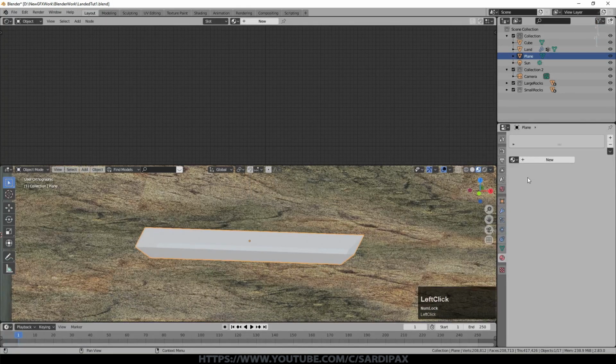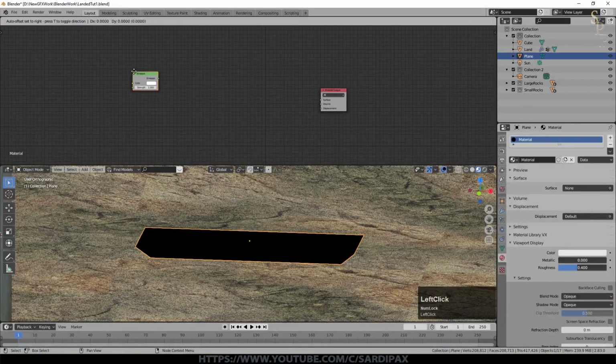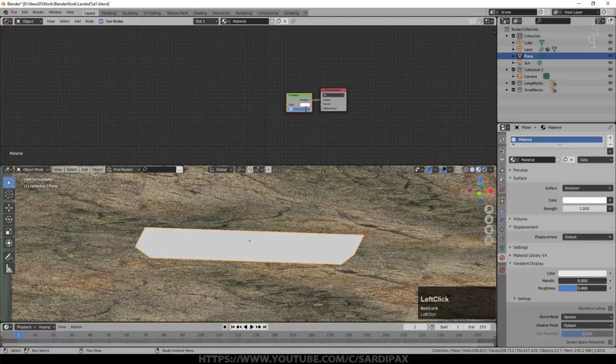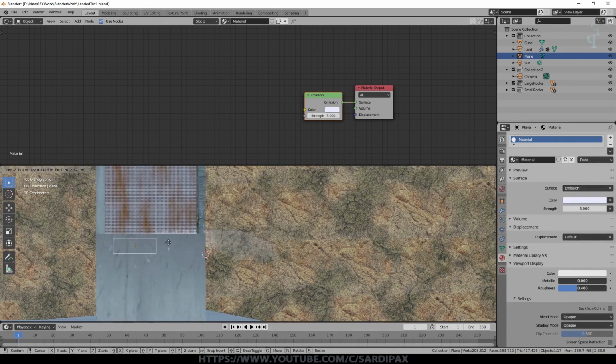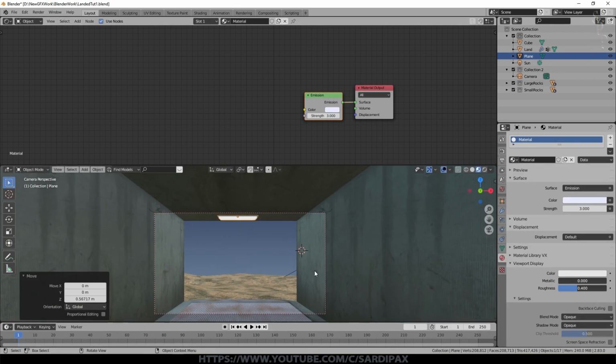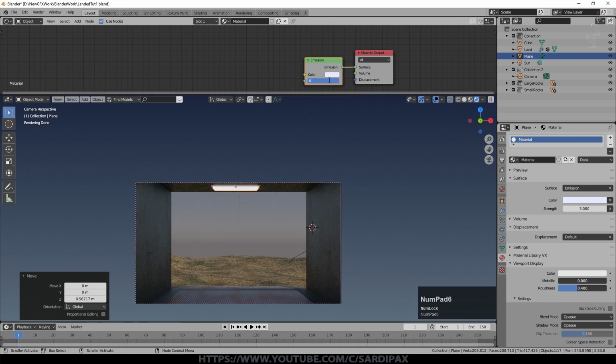And we're saying new, but we don't want the principled shader. We want to add an emission shader, and we'll just drop that in there. And we'll try a strength of 3 for the moment, and perhaps give that a very slight blue cast. So we'll move that over to here and just position it roughly where we want it to be. If we have a look in our scene now in rendered view, we can try even brighter.